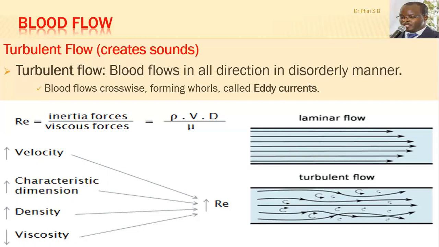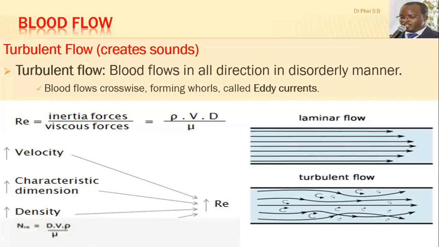So when you talk of the thickness or the thinness of the fluid, that is viscosity. If the fluid is becoming thicker, it means that the Reynolds number is going to reduce, because we said viscosity is inversely proportional to the Reynolds number. And the Reynolds number is the one that is going to predict the flow of fluids, whether you're going to have laminar